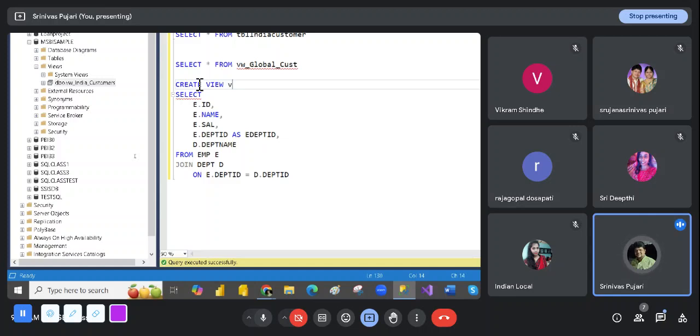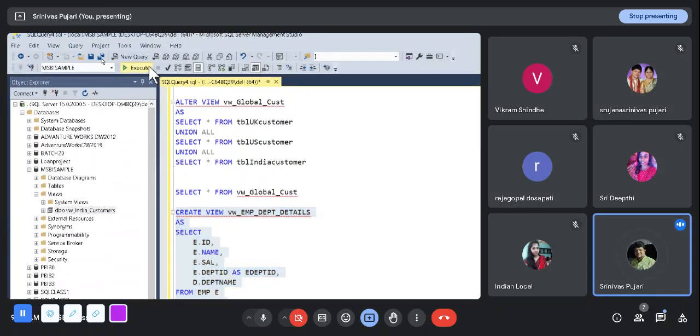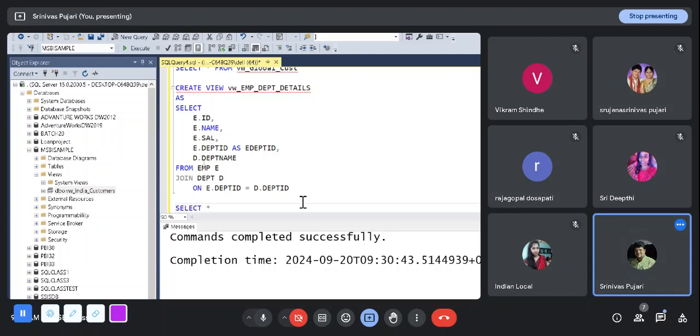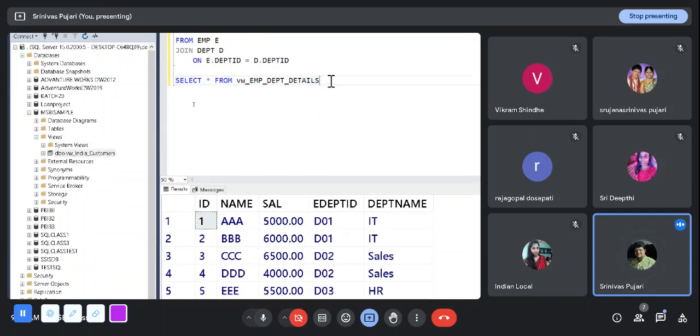If you want to save that into the database, you can create a view, say department details, then as, that's it. Very simple. You can execute it. Command completed successfully. Let's start from this one. Hope you are clear with what is a view, how to create a view,